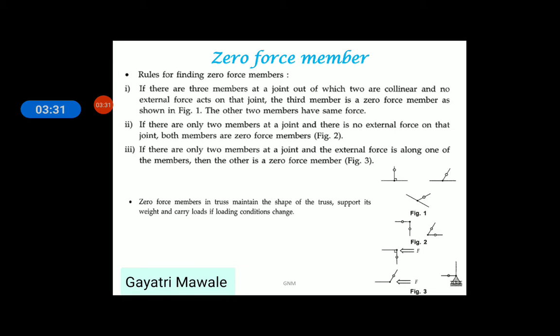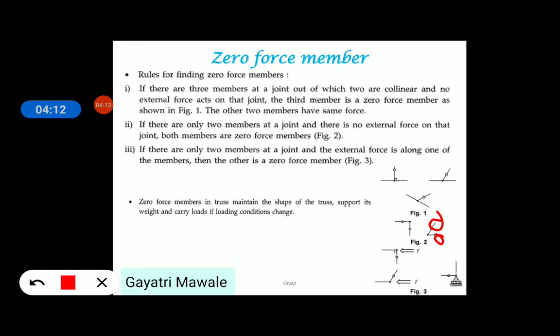Further, in a V member, again if you write down summation Fy equals 0, then to balance the vertical component of this inclined force, there is no other vertical force. So this inclined force must be 0. This member is a zero force member. If this is 0, then to satisfy equilibrium in the x direction, this other force must also be 0.